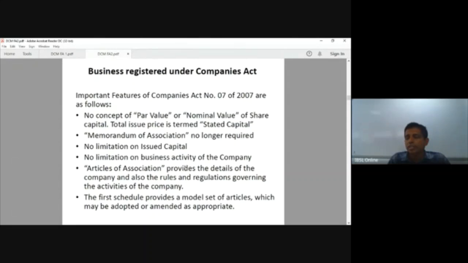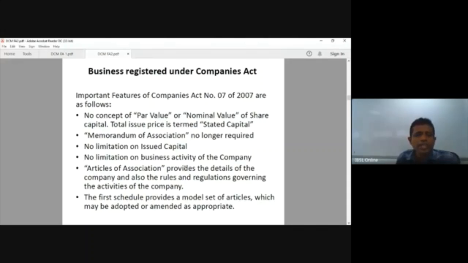The purposes for which the company was established, the objectives, were in the memorandum of association. In those days, under previous Company Acts, a company could only do business which was defined in the memorandum of association. Now, according to the new Company Act, that was withdrawn. Now any company can do any business, right? There is no limitation on the objective of a company. Therefore, the memorandum of association is no more required.